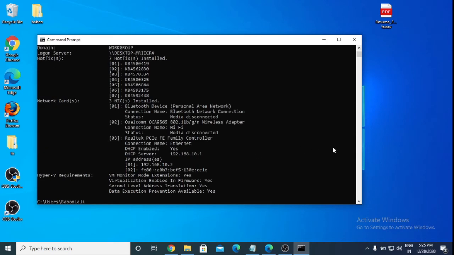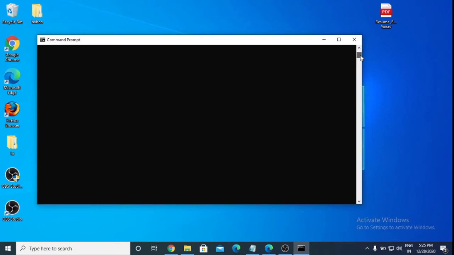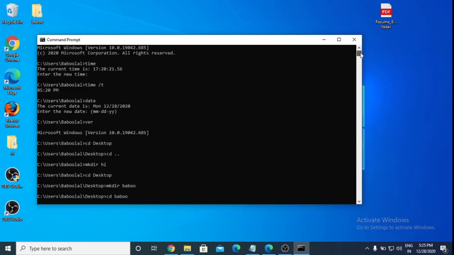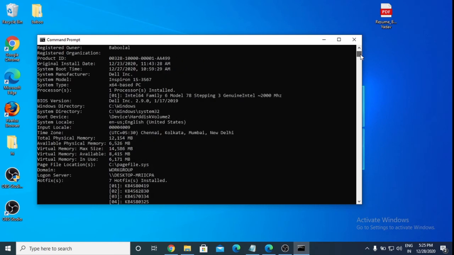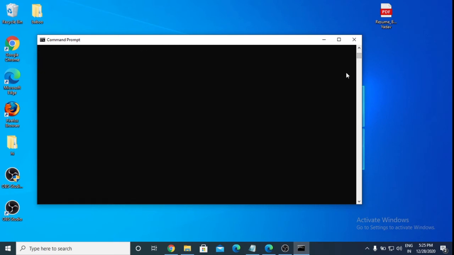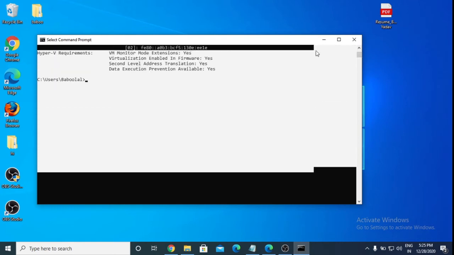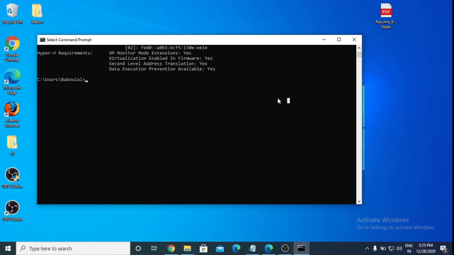Okay, so this is all the information like IP, network card, the version, and the manufacturer, device name, etc.